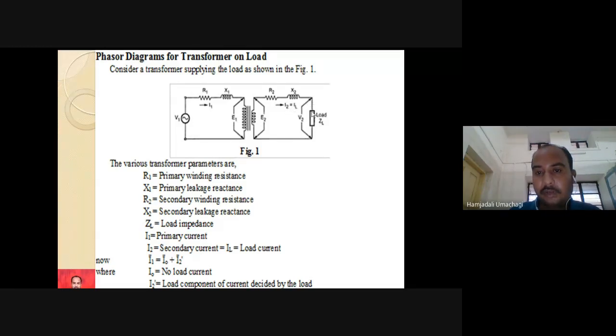Whenever they pass through this resistive element, since it is resistive in nature, the power factor angle will be 0. That is, voltage phasor V2 and phasor I2 will coincide with each other. If both coincide, the angle between I2 and V2 will be 0, so cos 0 is 1. So your resistive load R has two components attached with it, I2 and V2, and we need to consider this I2 and V2.